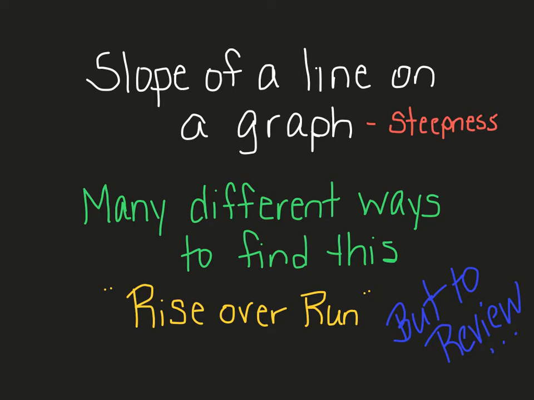So slope is steepness, and like I said, there's many ways to find this. The first way we're going to find it is by using what's called rise over run. But to review, in case you missed it,